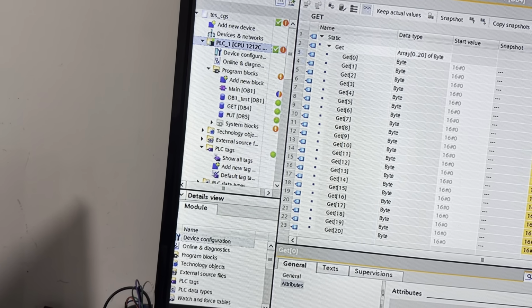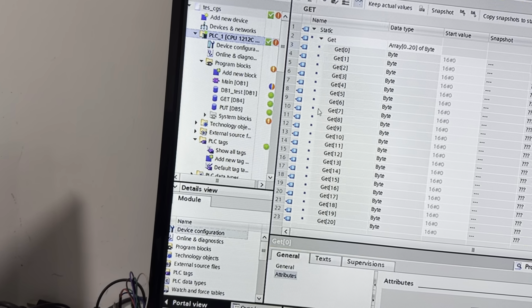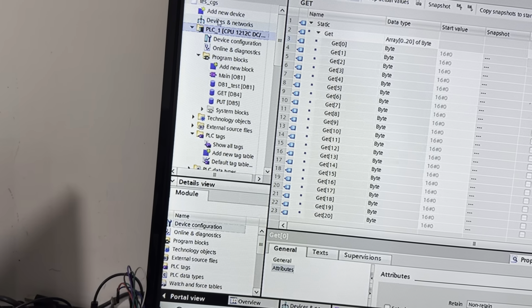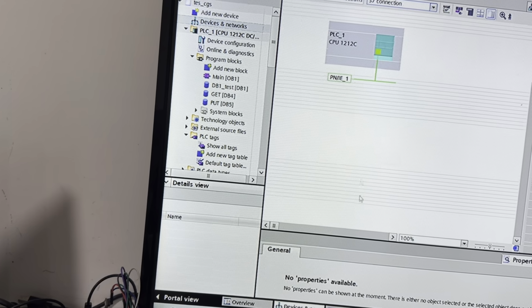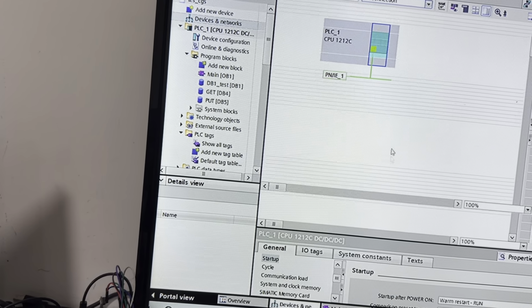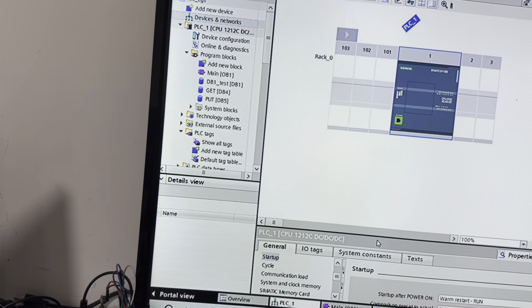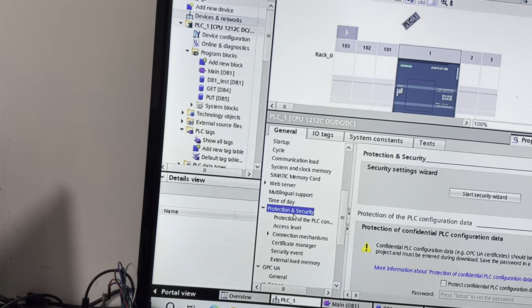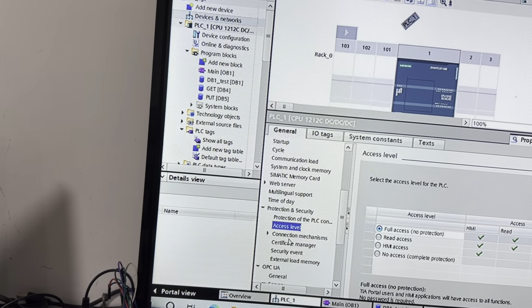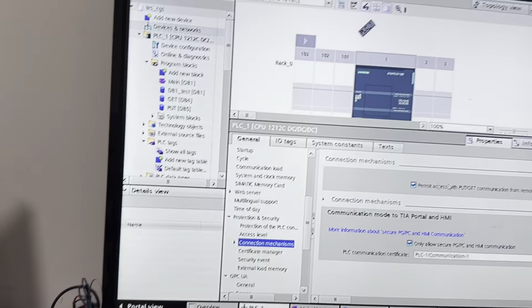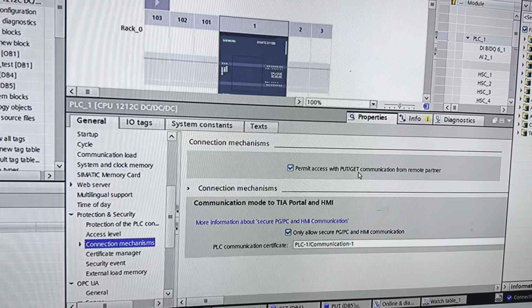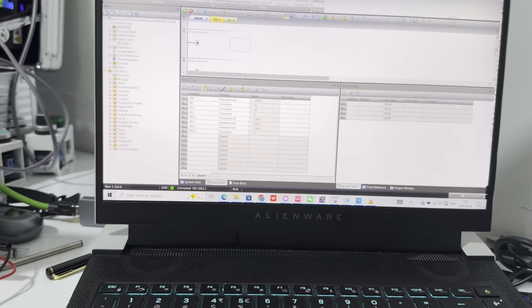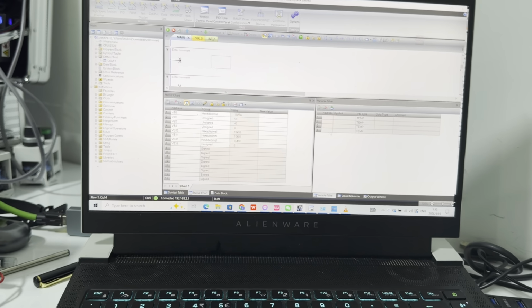And the most important thing shine, before kama yi wannan configurations ɗin, you need to go to devices. In ka shiga nan za ka je protections, under protection, yes, to enable this permit access with put get communication. So shi under 200 smart ɗin ba sai ka yi komai ba,